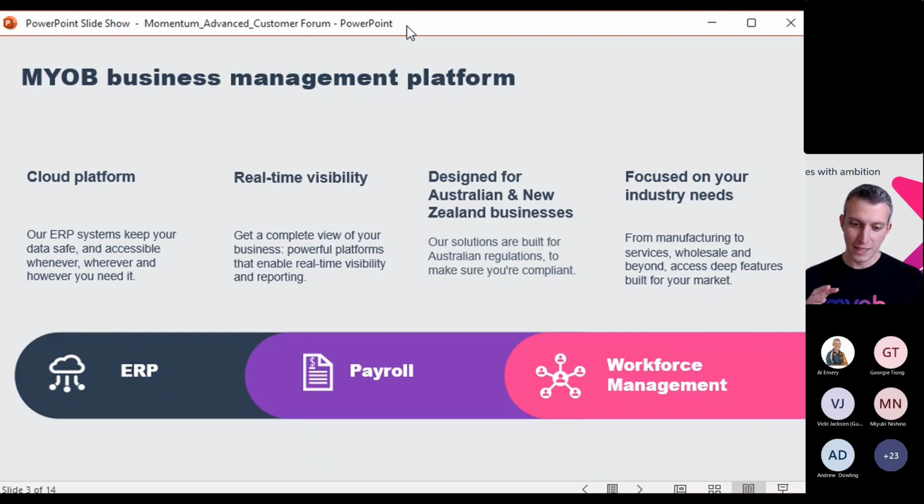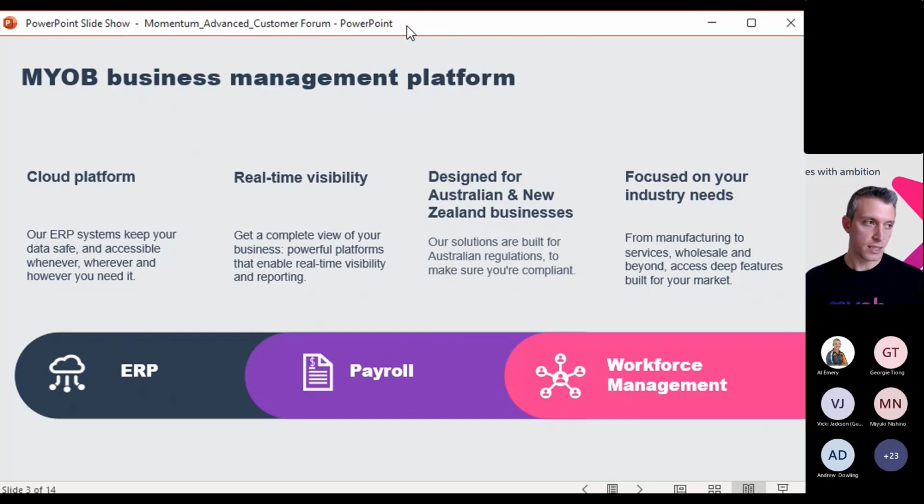Interestingly, often a business ends up having the same boundaries that their underlying systems have. So if the systems don't talk, sometimes we've seen in businesses where the people equally don't talk. So by getting people onto a single consistent platform, you see a business being able to interact and collaborate more. And that's what business leaders are seeing as the future. And that's where we're seeing ourselves as well. So this is where we're continuing to talk more and more about the MYOB business management platform that has ERP, payroll, and workforce management capability that are connected.